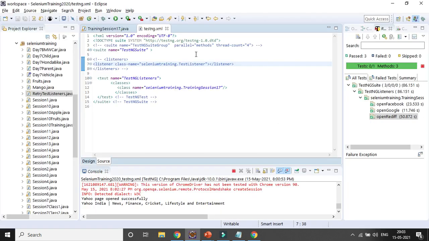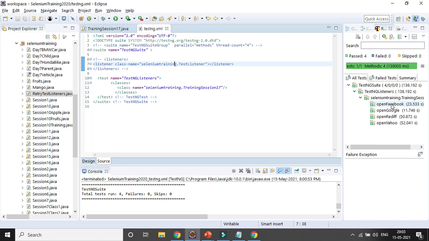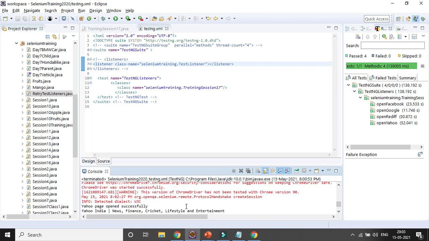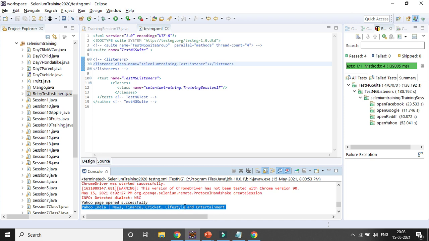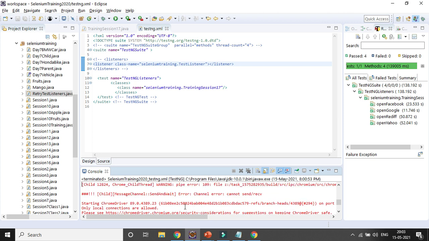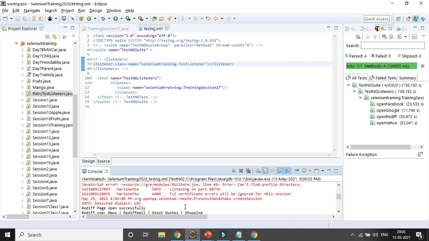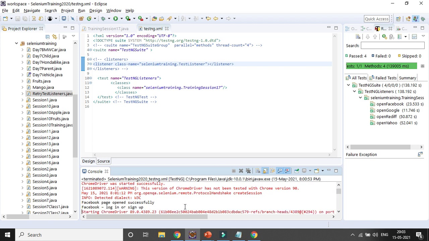Okay, you can see 4 test cases have been passed and they are running in alphabetical order: open Facebook, open Google, F, G, R and Y. So nothing is a failure, and you can get the title for each and everything, right? Yahoo, you can get the title for Rediff, you can get the title for Google, you can get the title for Facebook. So these are the 4 classes executed.